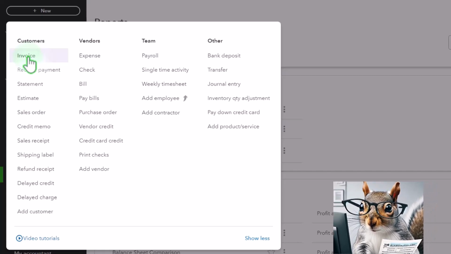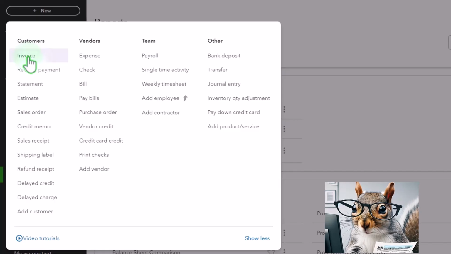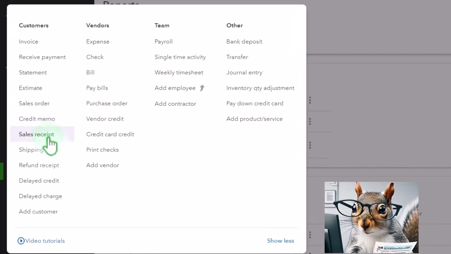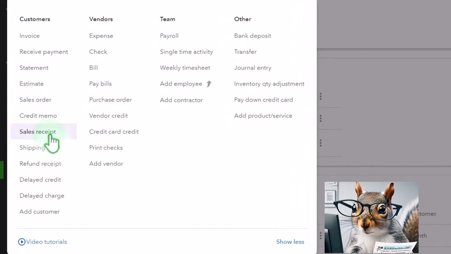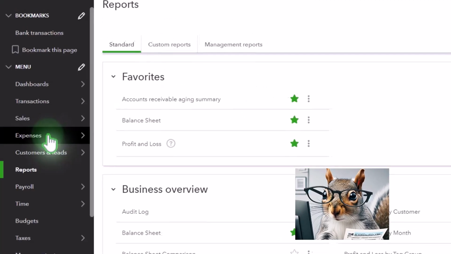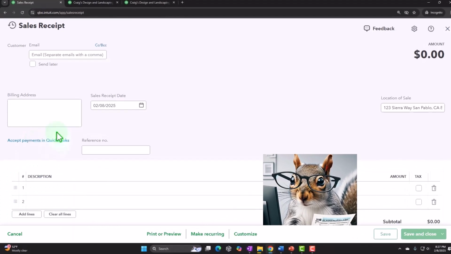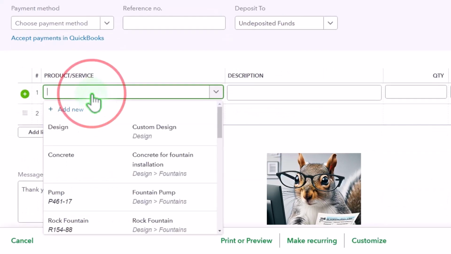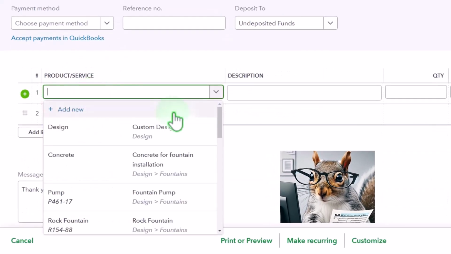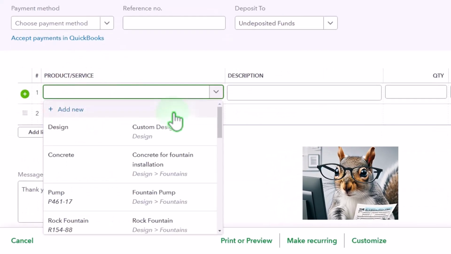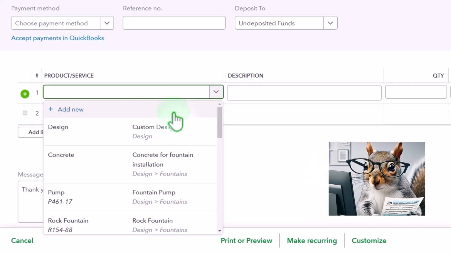Or if you collect at the same time, then we're going to be having the sales receipt. That would be like at a cash register type of situation. If I go into a sales receipt form, we'll see that down here, we've got the product or service. Now, if you're at a cash register, we would like to have the products and services set up already